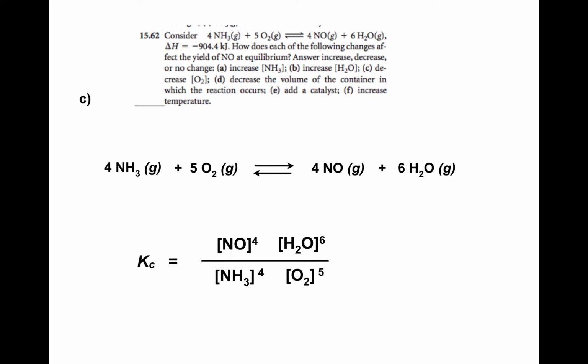Looking at C. This is a good way. All right, decrease the concentration of oxygen. If I can pull oxygen out of this equilibrium, the system will respond to try to replace the oxygen. So lowering the concentration of oxygen pulls it back toward the oxygen, right? The system tries to replace it, and that'll lower the nitrogen monoxide concentration,